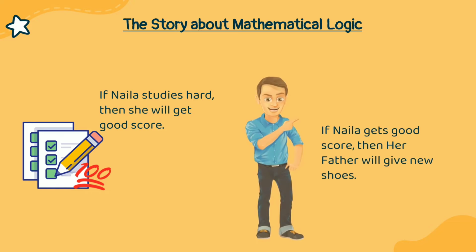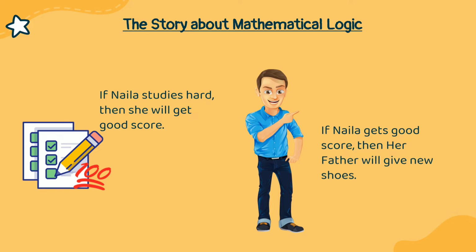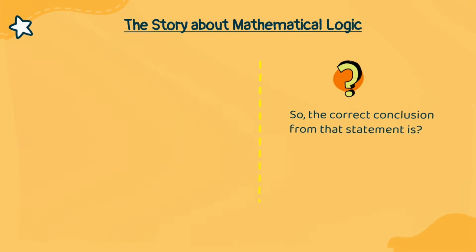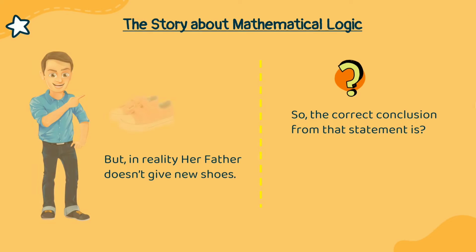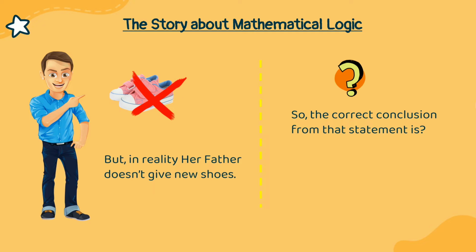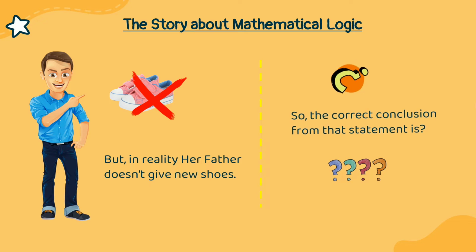If Naila gets a good score, then her father will give new shoes. But in reality, her father doesn't give new shoes. So, the correct conclusion from that statement is